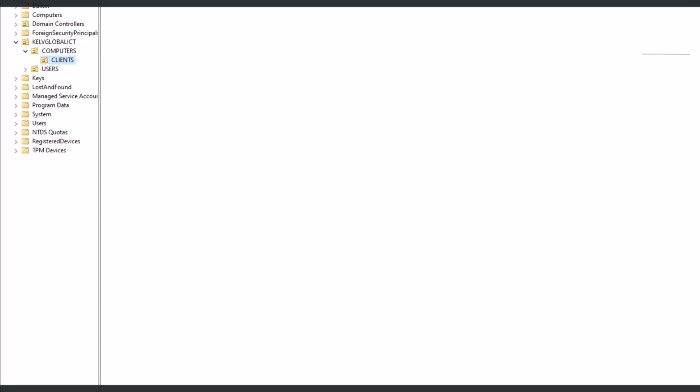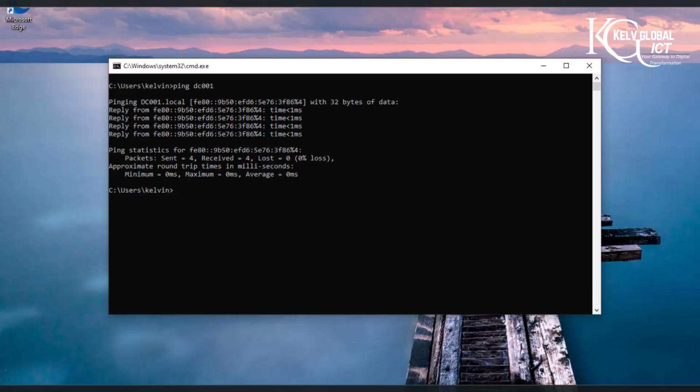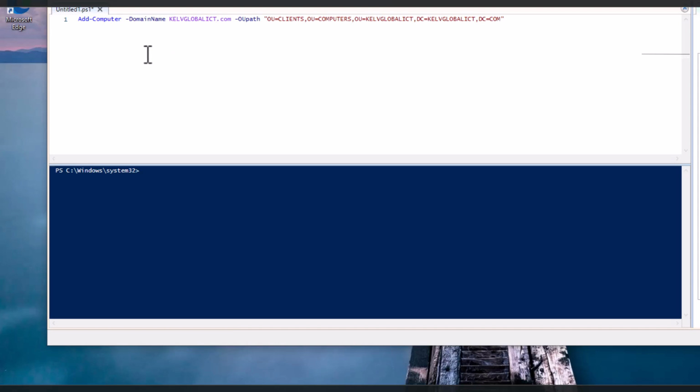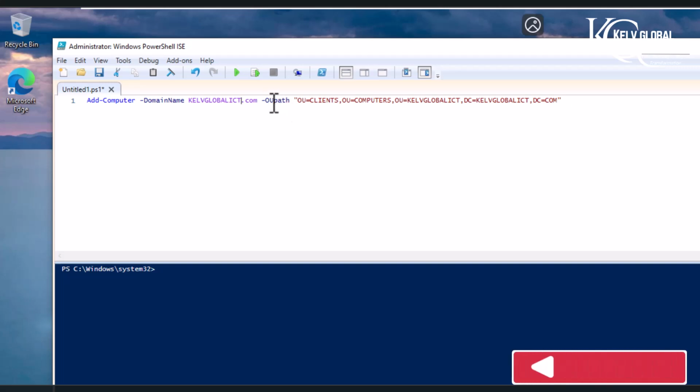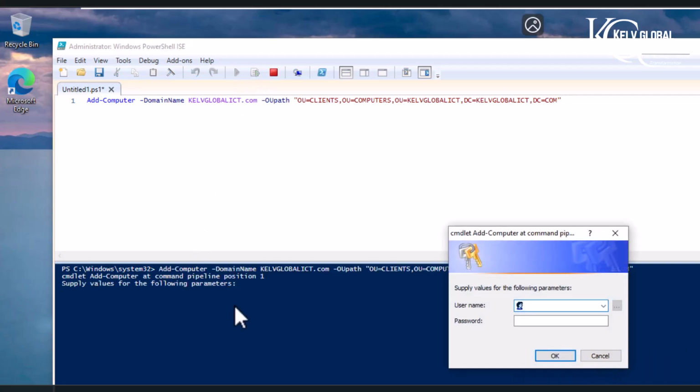So let's go back again to our client operating system. Here I have a PowerShell script I'll be using. You can see I'm using the PowerShell Add-Computer command, then here's the domain name, and then the organizational unit path is going to be this path. So if I hit enter and if everything goes well, I'll be requested to enter an administrator name for that domain. So I'll be entering the following and then enter your password